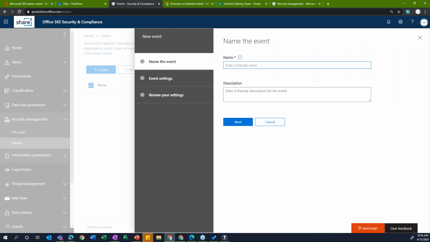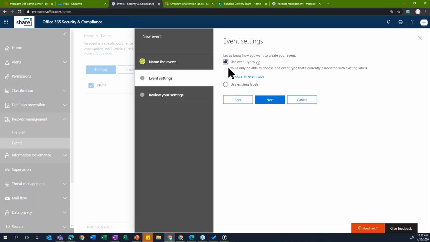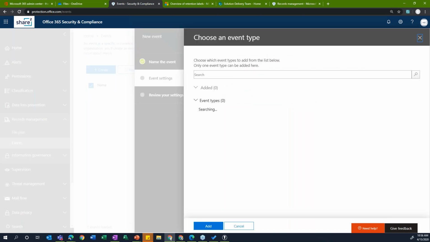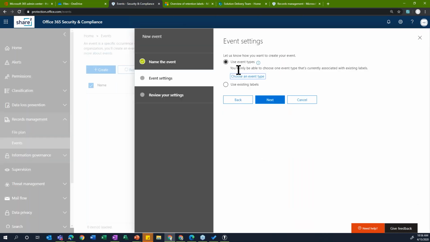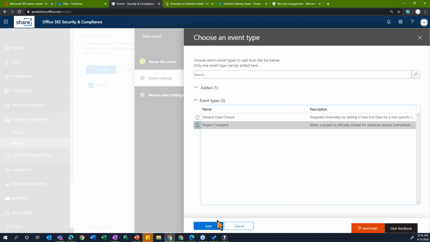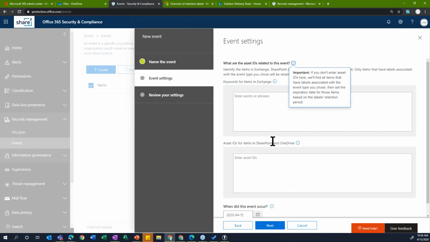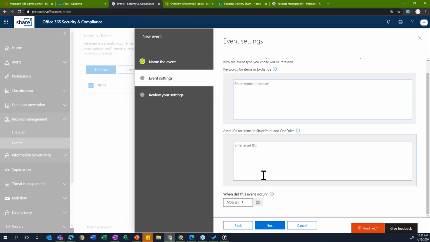we created a retention label and specified that it will calculate the time of retention from the event. So we'll just pretend that our project B has closed or completed, and we'll put in a description there someday, and we'll say that we want to choose an existing event type, and we'll choose project complete, and we'll hit add, we'll hit next, and then we can say that,